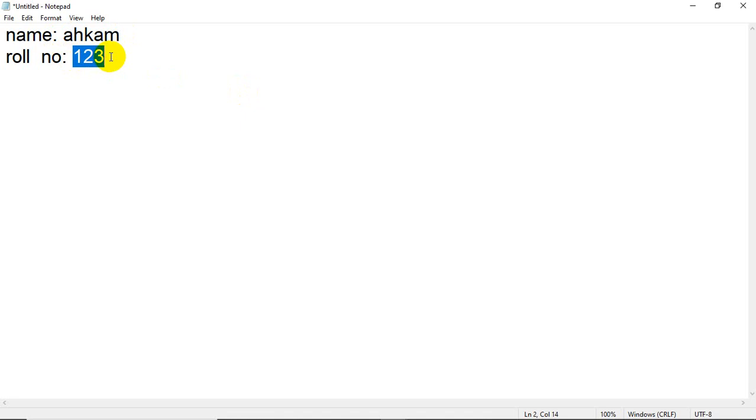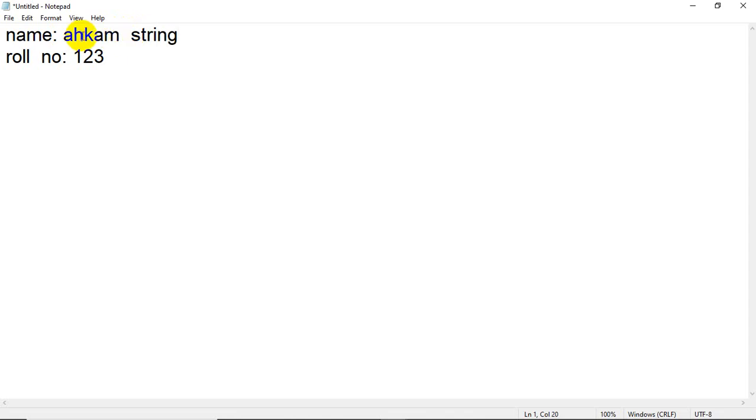So if I ask what is the data type, or what is the type of data, you will simply say it's a collection of characters. Name can be a collection of characters, but roll number cannot be, because roll number is nothing but a number. So this data is a type of number, and this data is a type of character. In IT the collection of characters is called a string. I have five characters: A, H, K, A, M. It's a collection of characters, but in IT it is called a string.